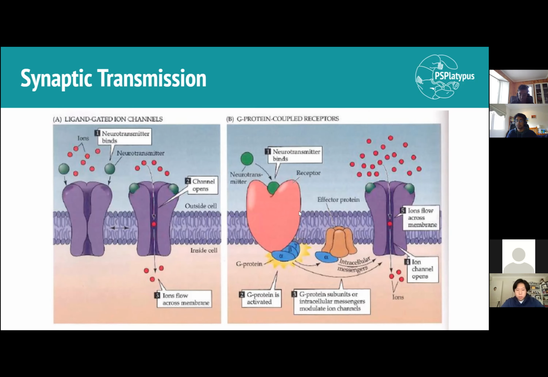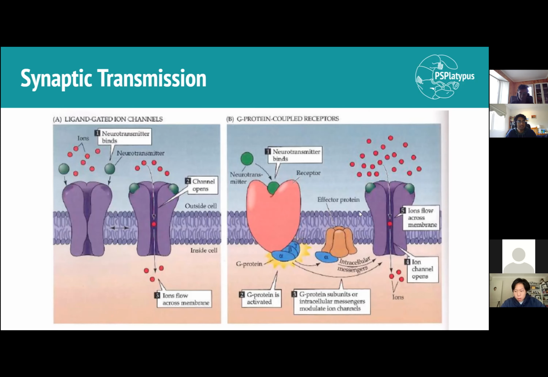So what this means is that you only need one neurotransmitter, and if you just have one, this communication is going to happen indefinitely as long as it's bound, right? So as long as it's bound, you can have a lot more ion flow, since it's going to remain open, since the G protein is always going to be communicating back and forth. So that's why we say that metabotropic is going to have a potential